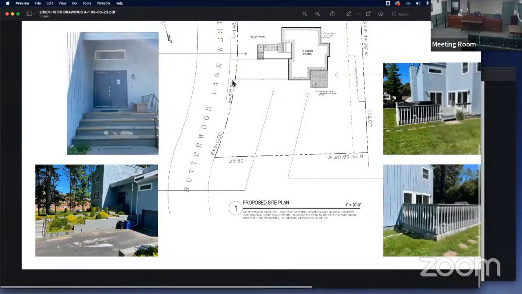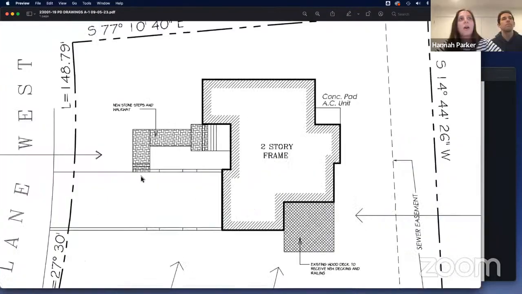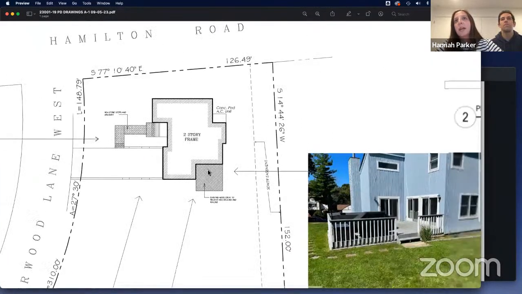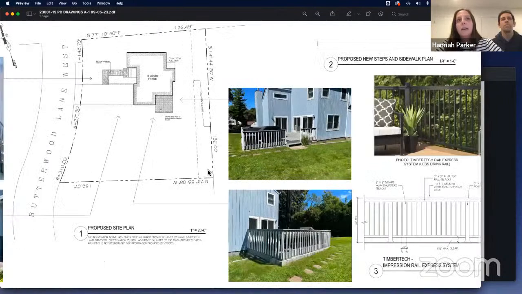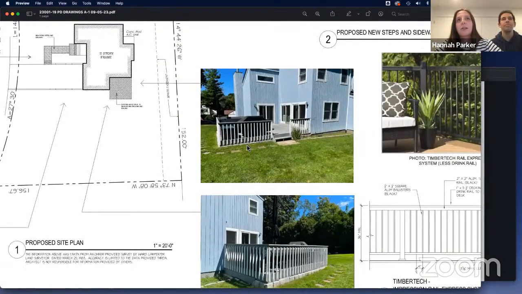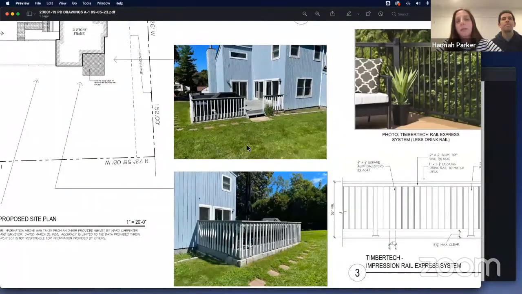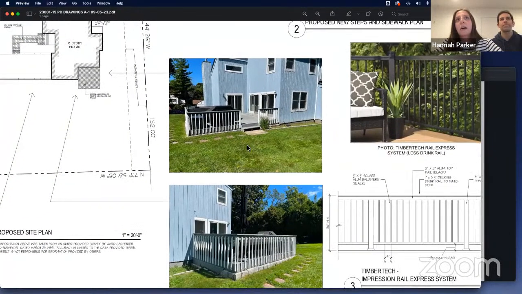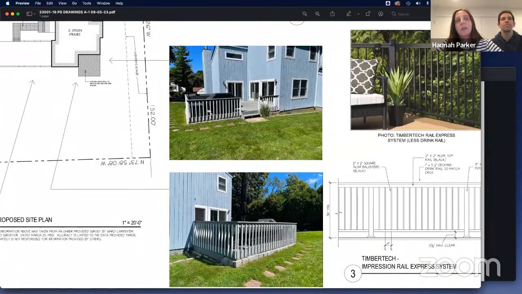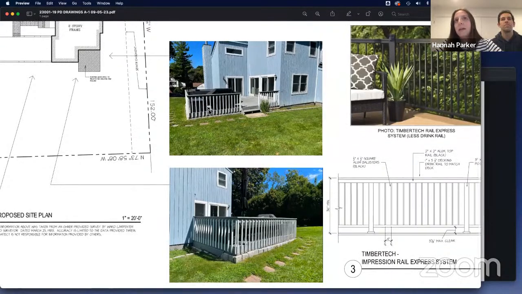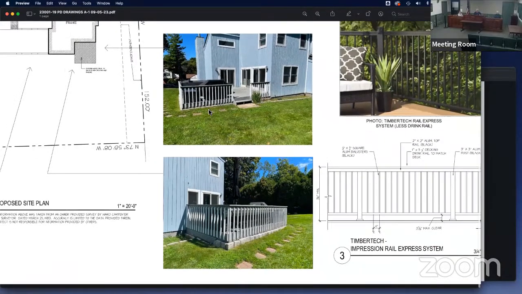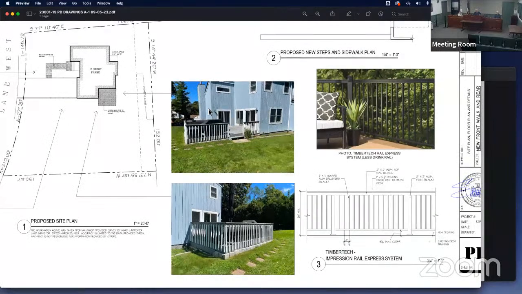And you can just see here the drawing of where the walkway is. And then here for our deck, same thing. It's currently wood, it's currently deteriorating. And so we are going to use one of the synthetic composite materials to replace it. And then we're going to do a black aluminum railing with a similar style drink rail on top. That'll be the same material as the deck. No idea on what material that is going to be though.